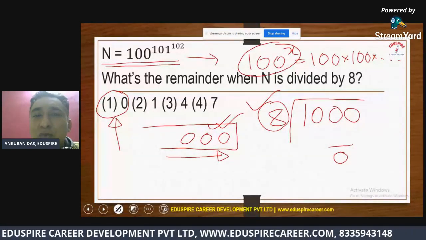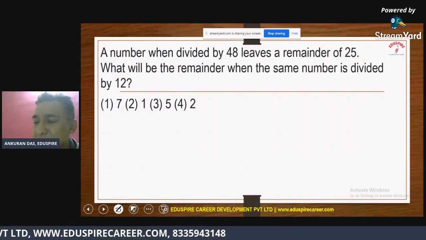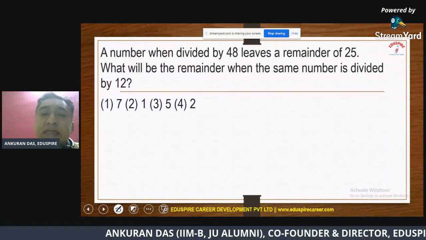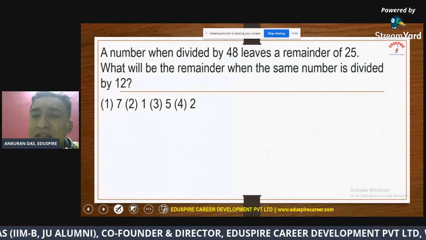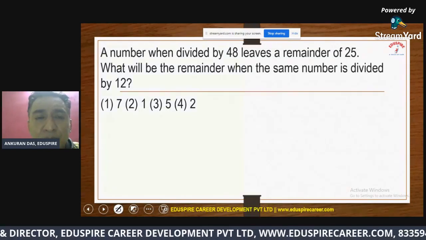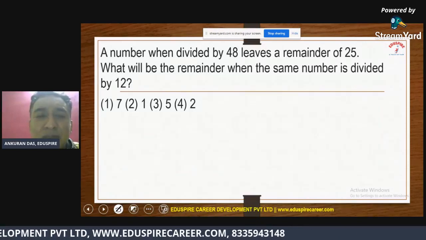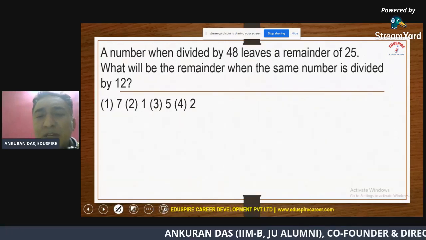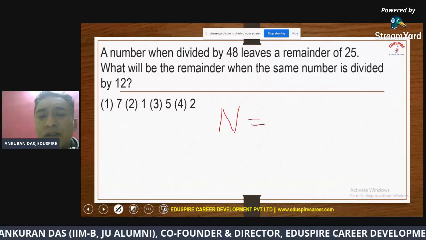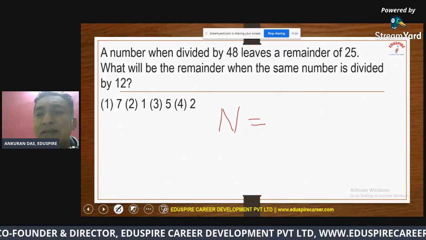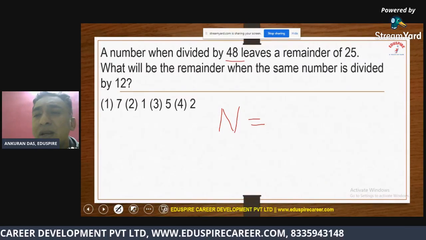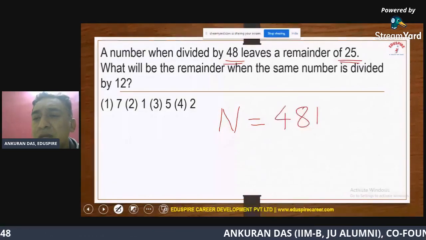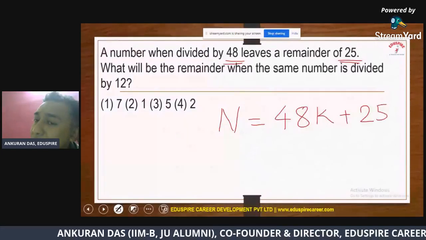All right. So let me take you to the next one. Please try this. It says this time a number when divided by 48 leaves a remainder of 25. So what will be the remainder when the same number is divided by 12? Now look at it. If I look at a general expression of this number, they have said when I divide it by 48, the remainder is 25. So definitely we can express this number as 48 times k, then of course k will be the